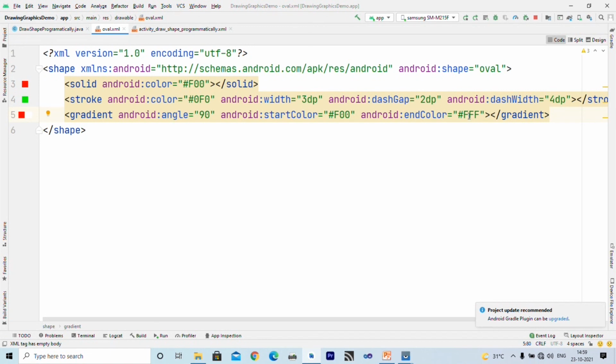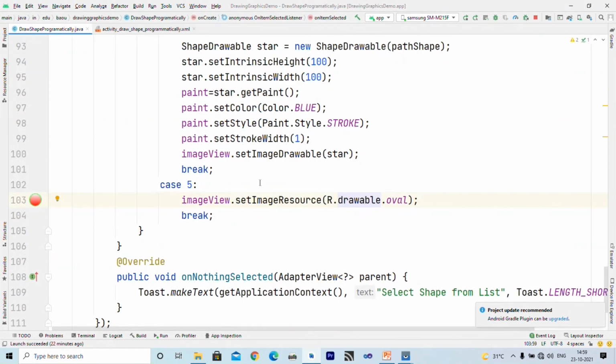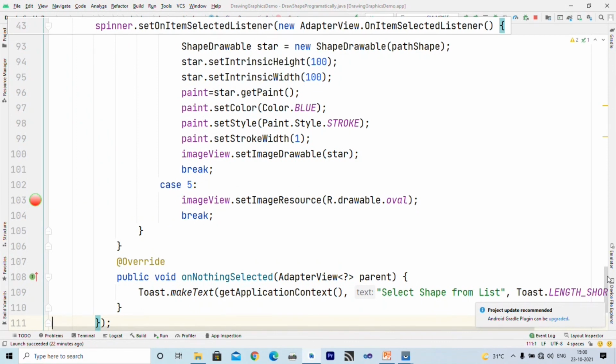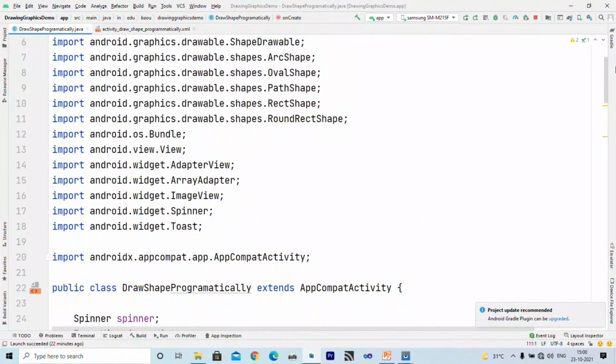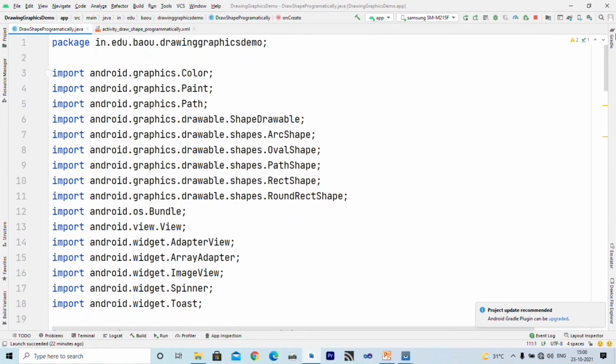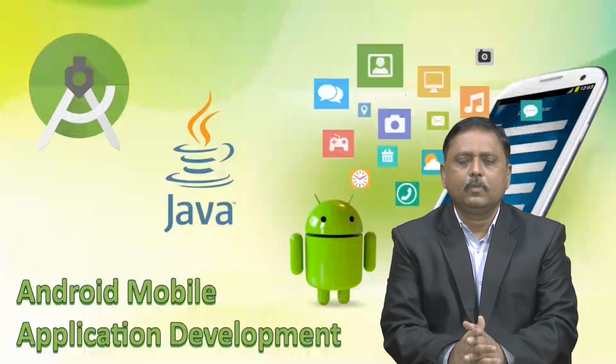So this is how we can specify shapes inside XML and load or display that shape inside an image using the setImageResource method, and you need to specify its ID inside setImageResource. This is all about shape drawables and defining shapes as an XML resource.